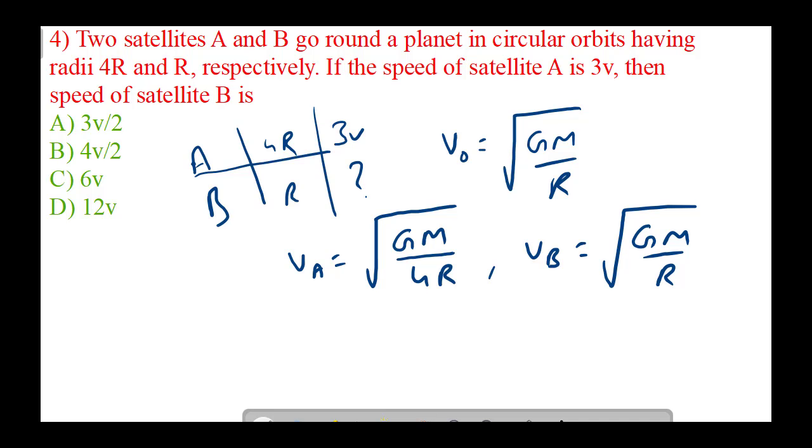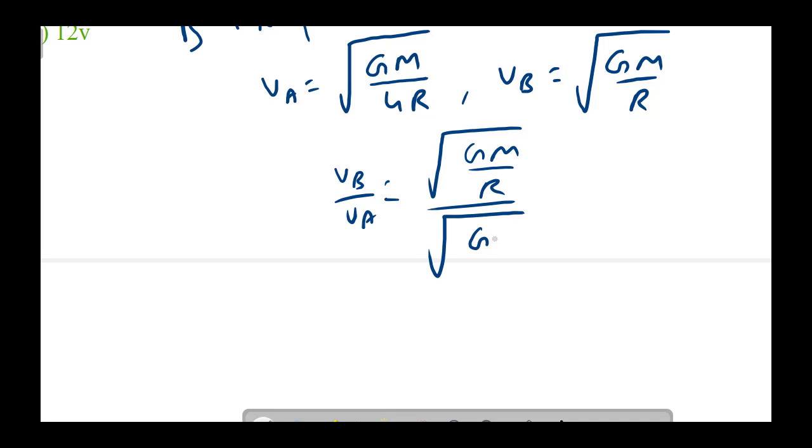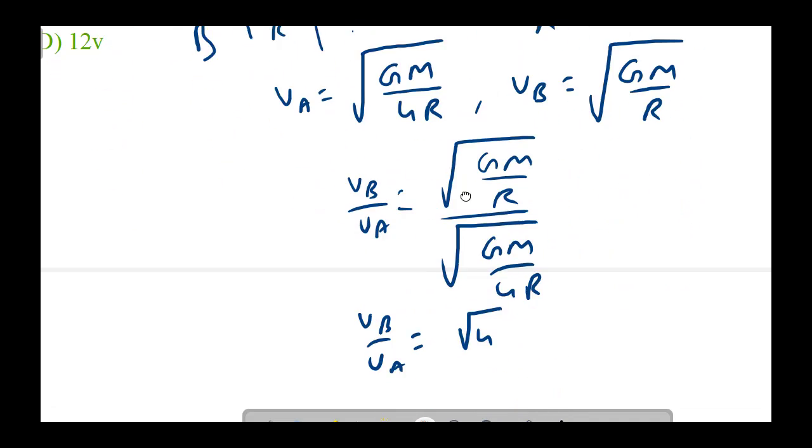Now we take the ratio of VB upon VA. So VB upon VA is equal to the square root of GM upon r, and this is the square root of GM upon 4r. So GM and r get cancelled out. In the denominator we have 1 upon the square root of 4, so when it goes up it becomes the square root of 4 up. Now VA is given to us,